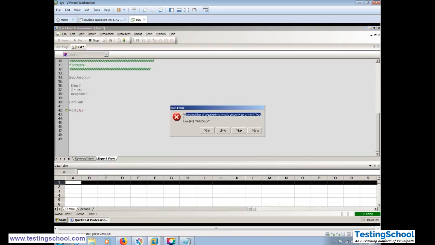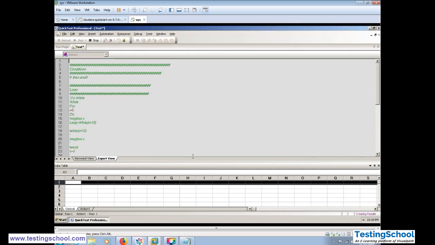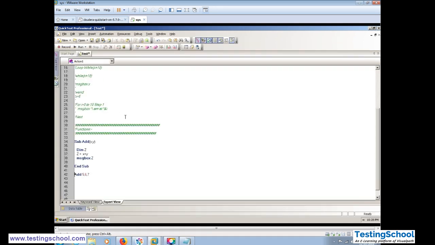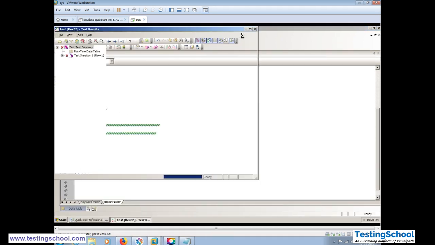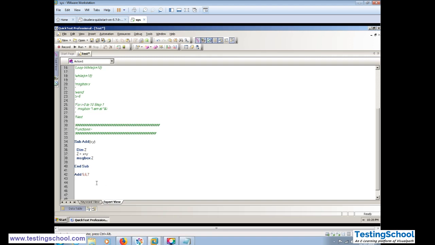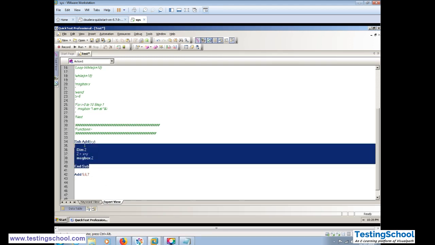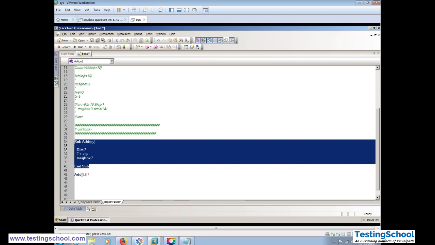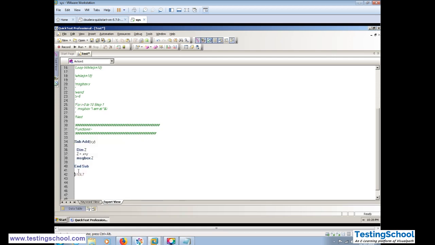See, wrong number of arguments or invalid property assignment. So a wrong argument is passed between the two values. It was expecting two values, x and y. Now we have passed three values, so it doesn't know which one to map to x and which one to map to y. We will try one more example to see